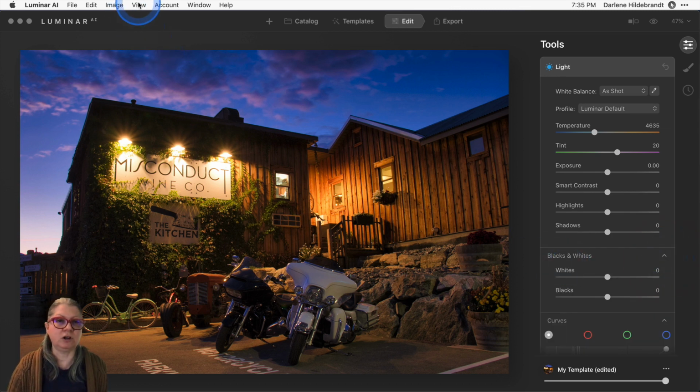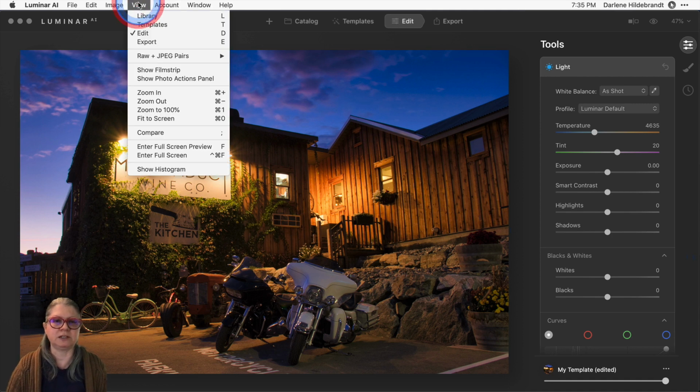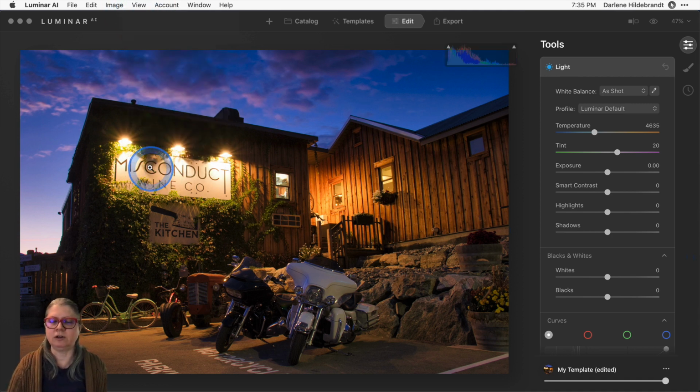I'm also going to turn on the histogram or show the histogram. That is under the View menu, Show Histogram. In this case, I want to affect the highlights. So highlights are areas that are just slightly darker than pure white. So I'm going to bring the highlight slider to the left, which is darken. So to the left is darken, to the right is light. So you can see that it's affecting this sign and the sky area and doing a good job. If I go the opposite way, you can see that it's increasing the brightness of the highlights. So going all the way is where I want to go.